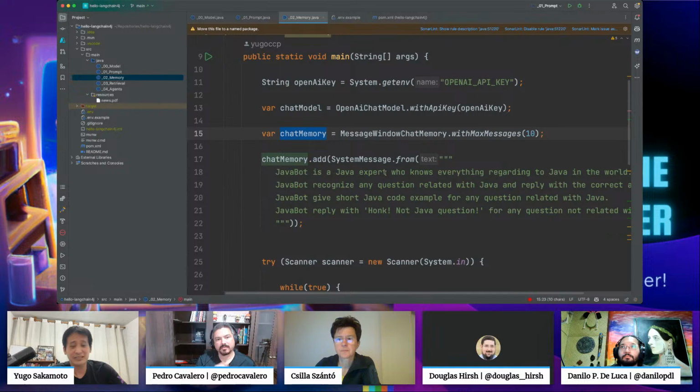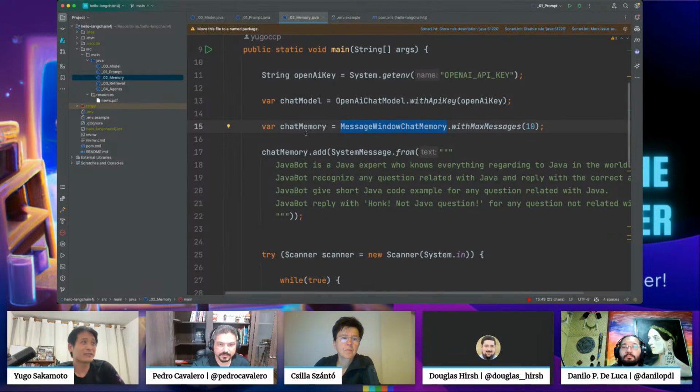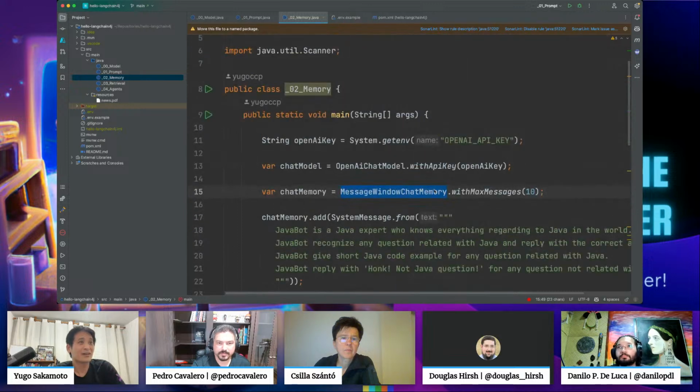And I also instantiated this chat memory. It's a message window chat memory instance from LangChain4j, and it is another utility class to manage what we call the memory of these chats. So when I say it has a max of 10 messages, it will keep 10 messages in the window, and it will only remember 10 messages from the history.